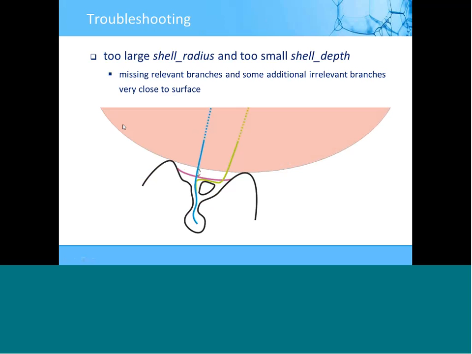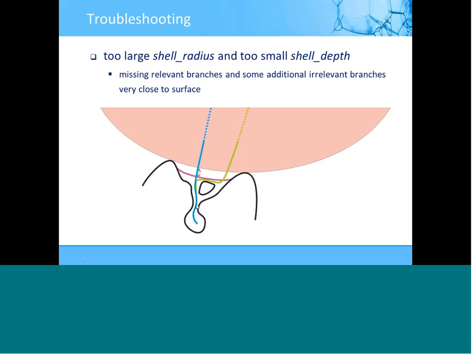you will probably see even with the optimal solution is that you could have some non-optimal ratio between these two parameters, meaning that you have too large a shell radius and too small a shell depth at once. It can be just a tiny fraction difference that you would need. And in this case, you can recognize that you have to slightly increase the shell depth by occurrence of many